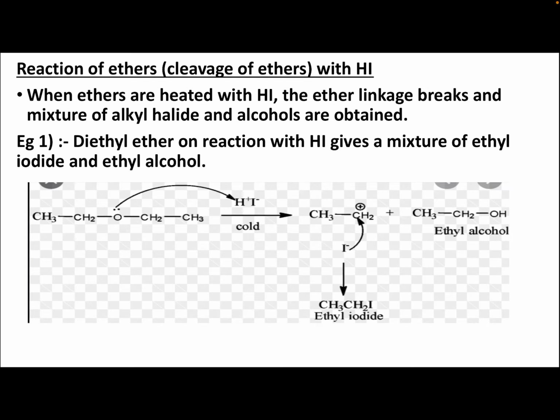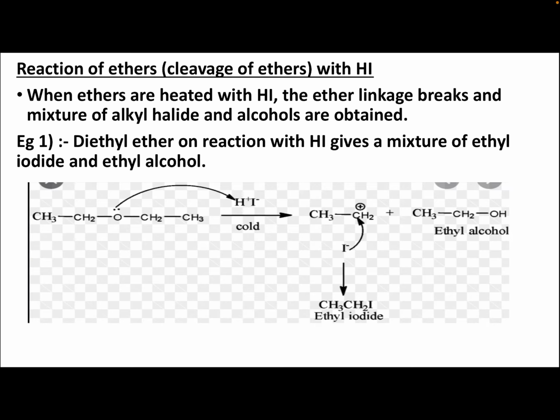Next, reactions of ether: cleavage of ethers with HI, hydrogen iodide. When ethers are heated with HI, the ether linkage breaks and a mixture of alkyl halide and alcohol is obtained. So when ethers are heated with hydrogen iodide, the ether linkage, that is the O linkage, is broken and a mixture of alkyl halide and alcohol is obtained. We get both alkyl halide and alcohol. Example here,